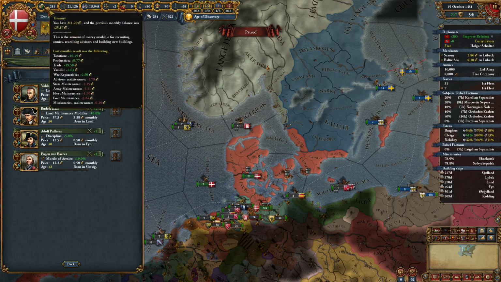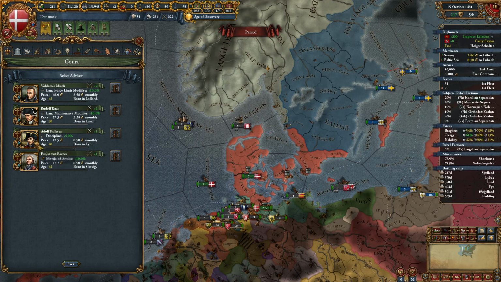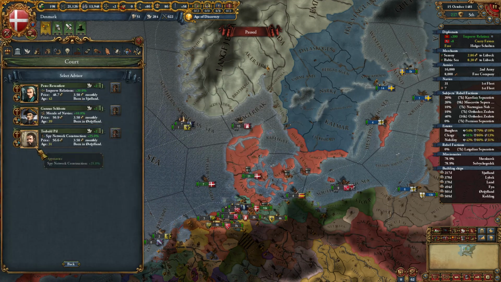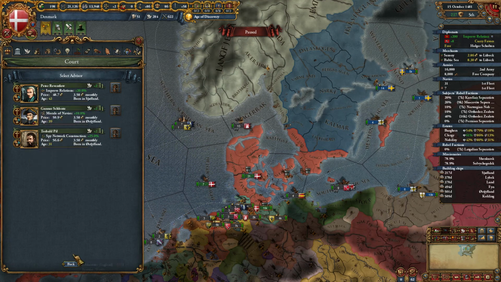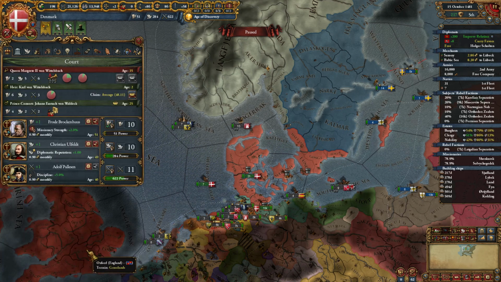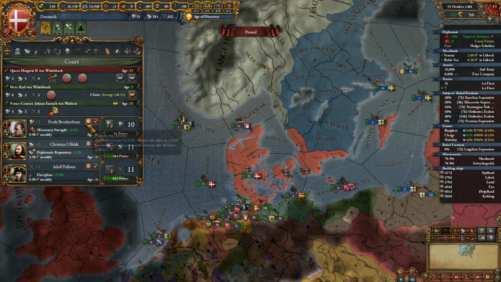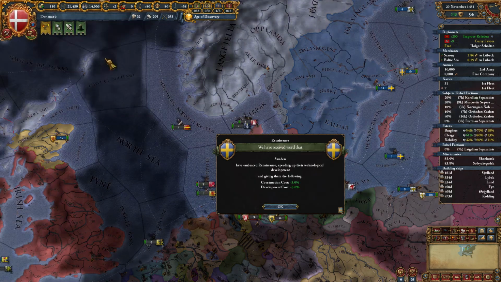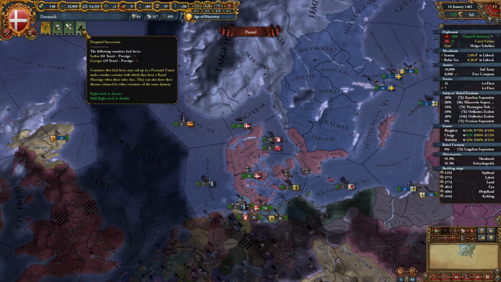We could go ahead, we could get ourselves some better advisors. We'll take the discipline guy and take a look at where we're standing with Diplo and admin. So let's go with a +2 and a missionary strength guy. I could just boost them. So let's do that. We'll boost these two both up to +2. And we're still making really good money there. I could boost up the